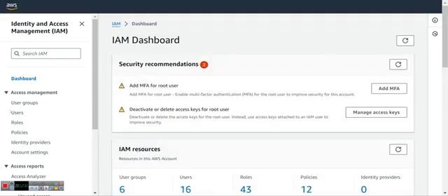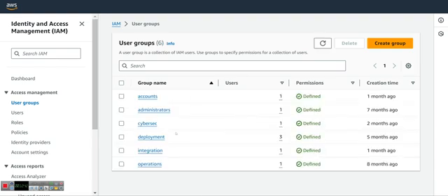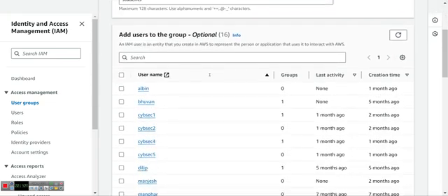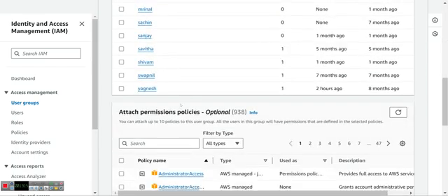After that, on the left control panel, you will see user groups. Click on user groups, and I already have so many groups here. So let me create a group here. I'm running out of the names. Let's say students. This is my group name. And the next suggestion is, do you want to add any users? There are so many users, but I don't want to add any of them. After that,